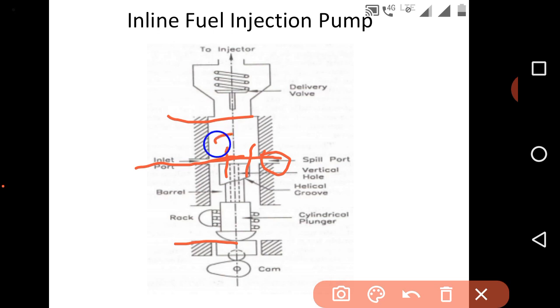The oil gets trapped in the housing, and pressurization of that oil happens. As the pressure increases, it overcomes the spring pressure, and it opens the injector.